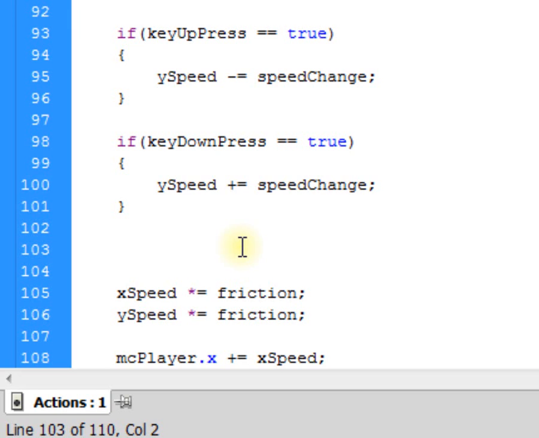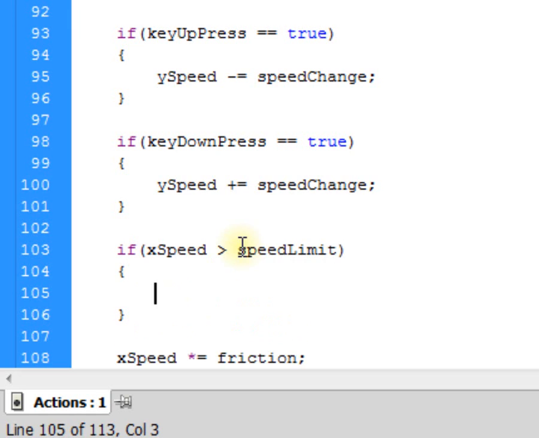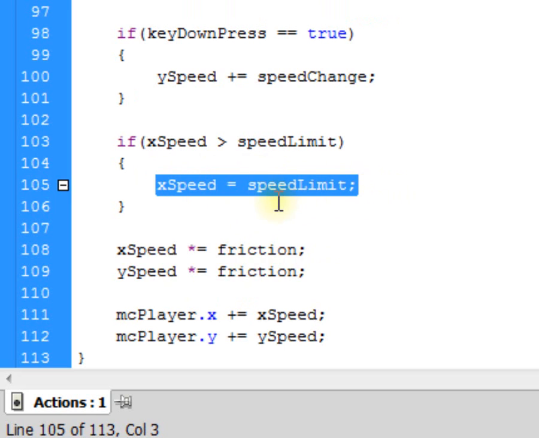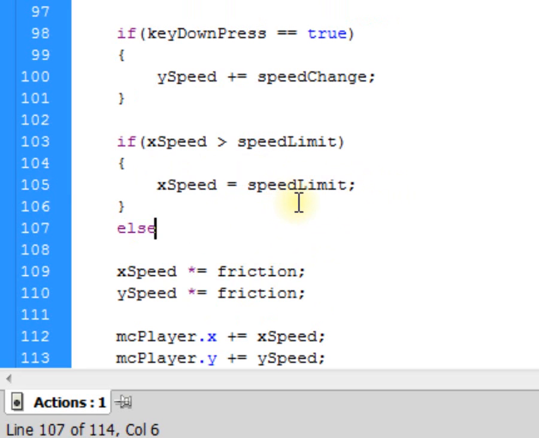So what we're going to do first, we're going to say if x speed is greater than the speed limit, meaning x speed is positive and greater than the speed limit, then we want to say x speed equals speed limit. So if they ever go over the speed limit, we'll just drop it down to the speed limit. Okay? So else, the other option is else if our x speed